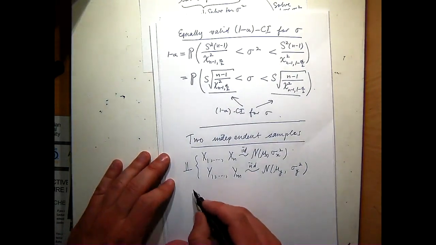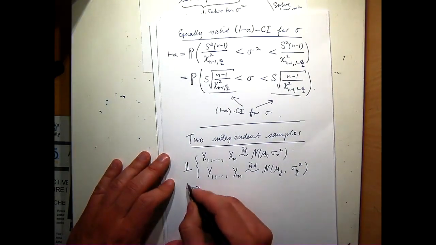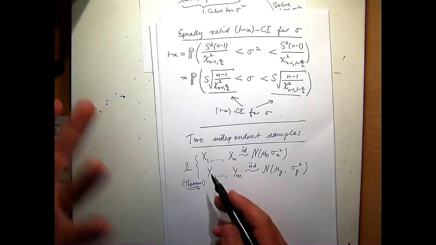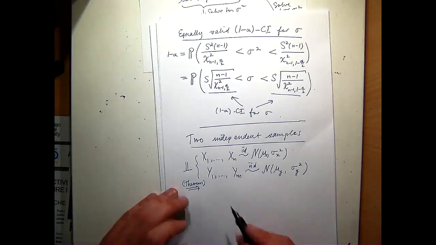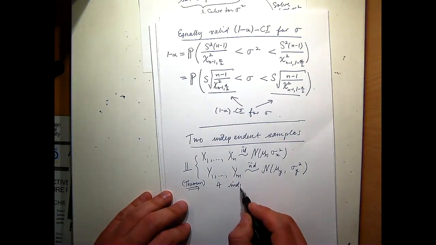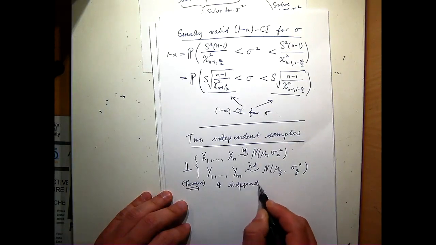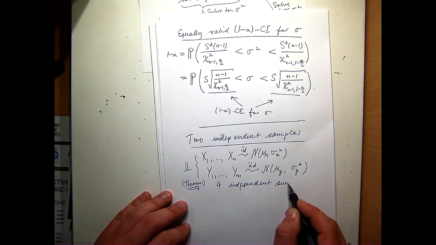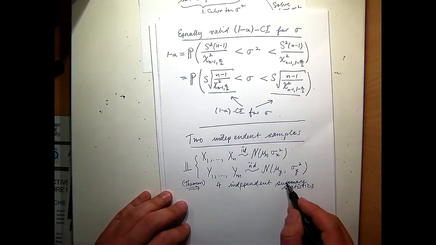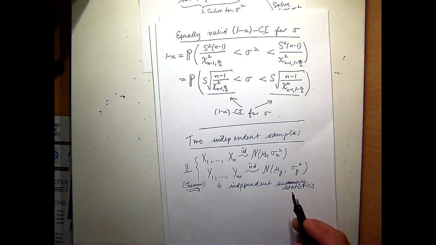So that means, by the theorem that we talked about last time, we have two independent copies, and each of them has the properties that we were talking about. We get four independent summary statistics, let's call it. I like the word summary statistics because the mean and the variance are the two most important summaries of a sample. For any basic inference you want to do about normal samples, effectively knowing the mean and the variance